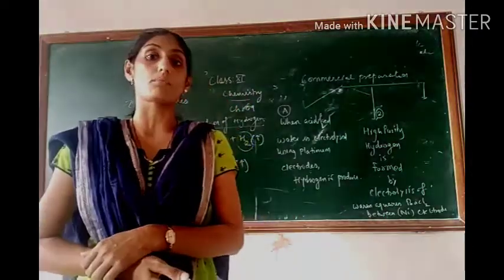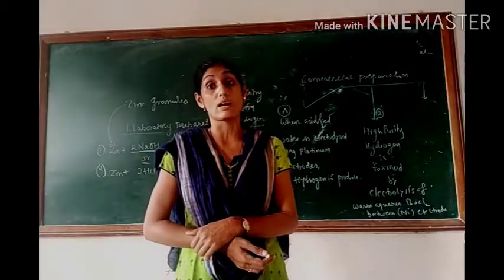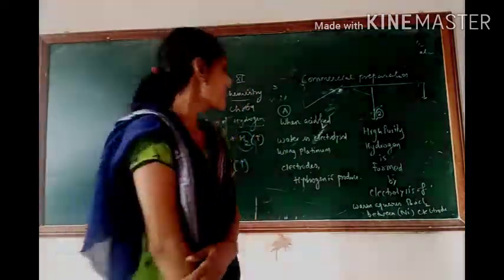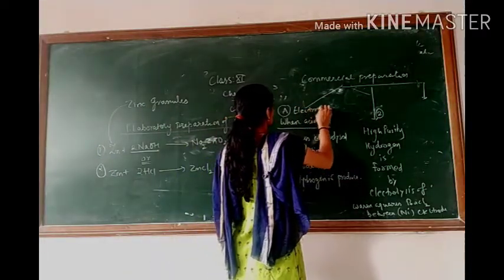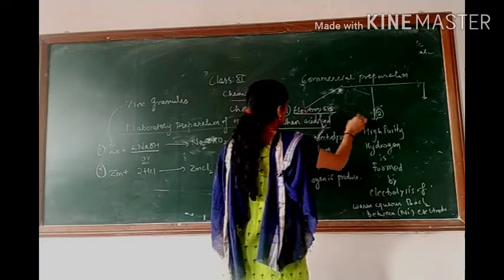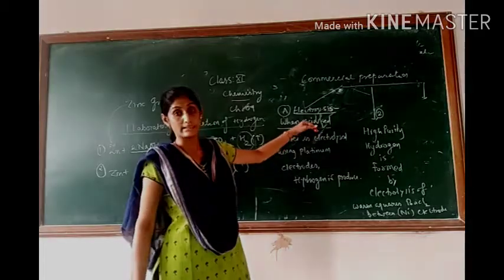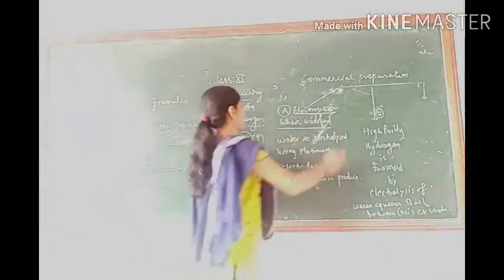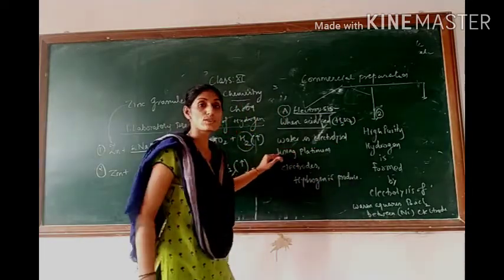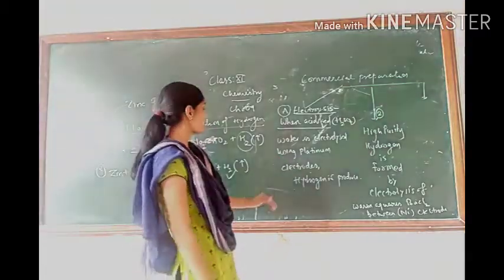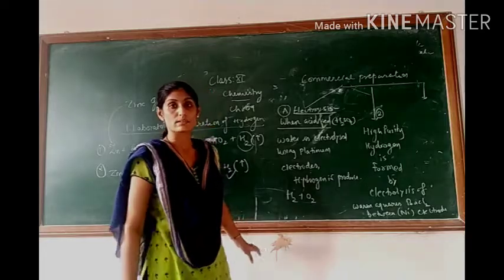Now we will learn about hydrogen as a commercial product. Commercial production means a large scale of hydrogen is produced. So very first, that is electrolysis. Both of these processes are related to electrolysis. So, acidified water, that means water containing a certain amount of sulfuric acid, is electrolyzed by using platinum as electrode. This is the formation of hydrogen gas along with oxygen gas. That is the very first method.